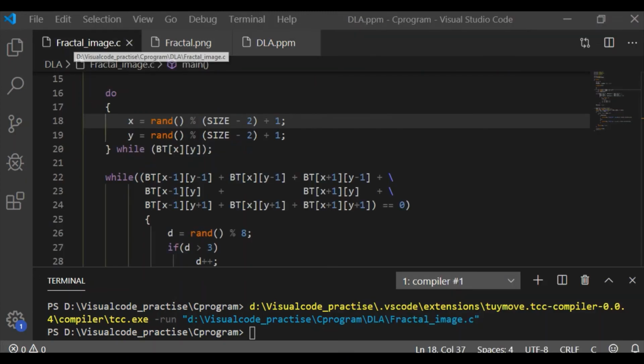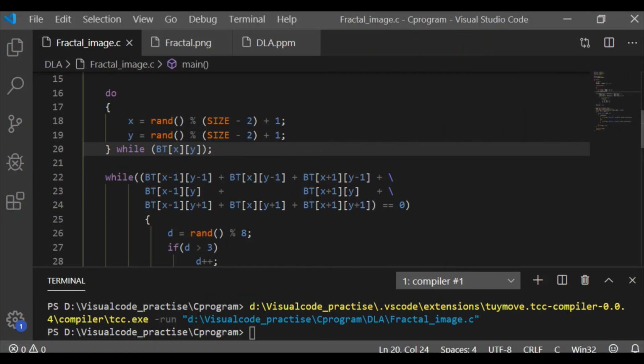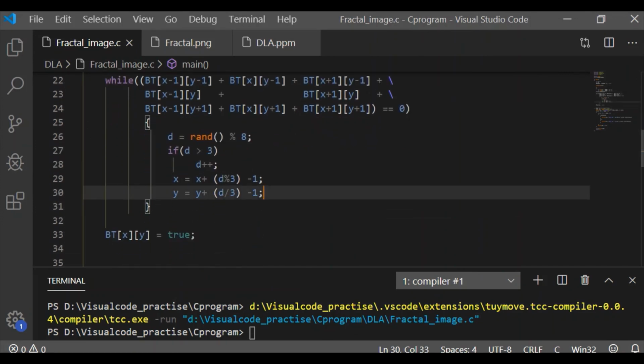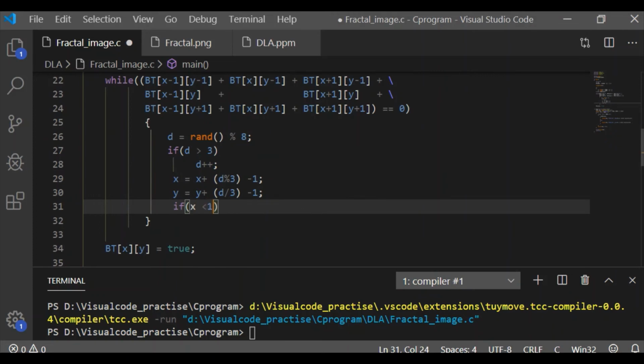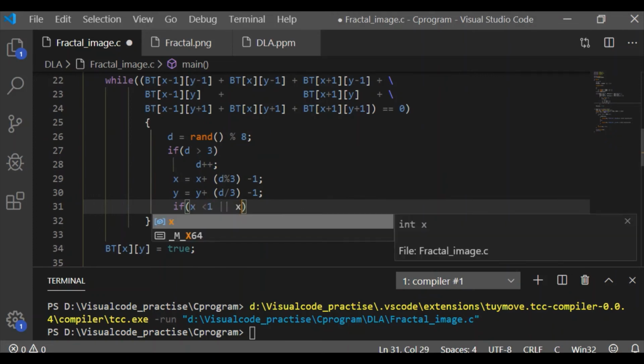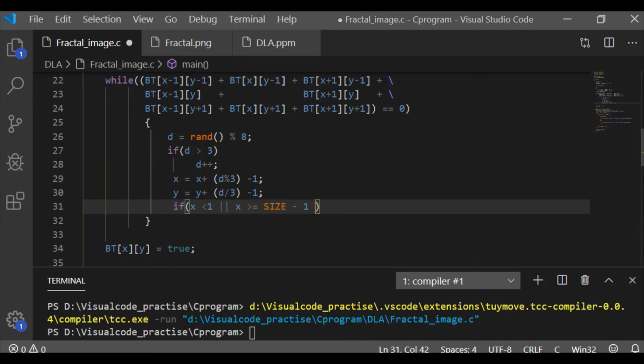Let us increase the size, and we have to iterate or repeat this procedure many times to form the Brownian tree or the fractal. Before that, we will ensure that the positions of x and y are within the screen range.